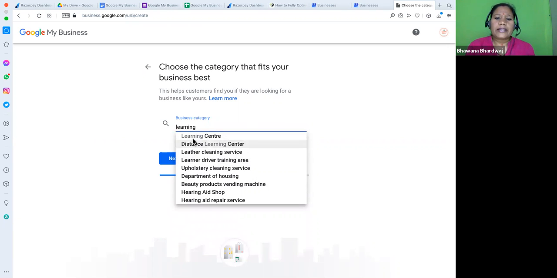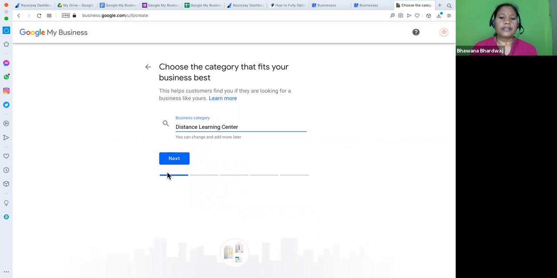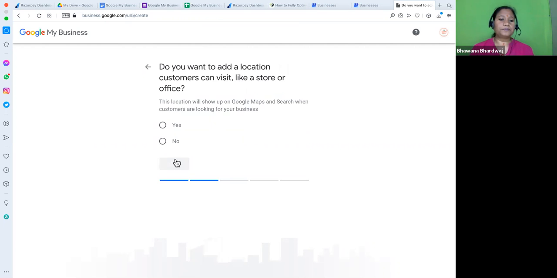So I'm making it a distance learning center, right? So here I cannot make it an online learning center. If online learning is not there, I cannot provide the online learning center. So let's suppose after Corona, I'm planning to have a physical space, then I can go for simply learning center as well. So I'm selecting this learning center, then you can click on next.